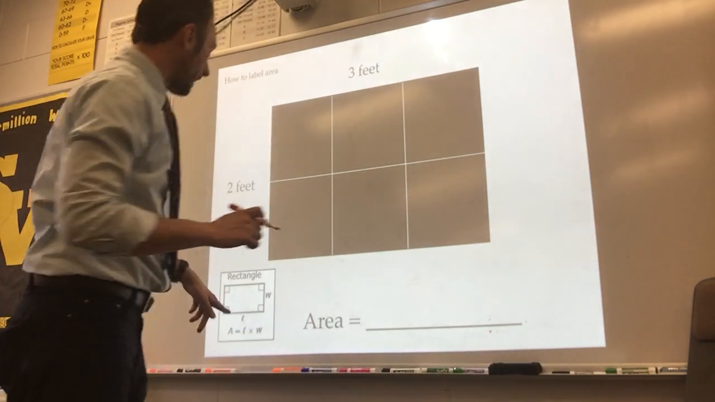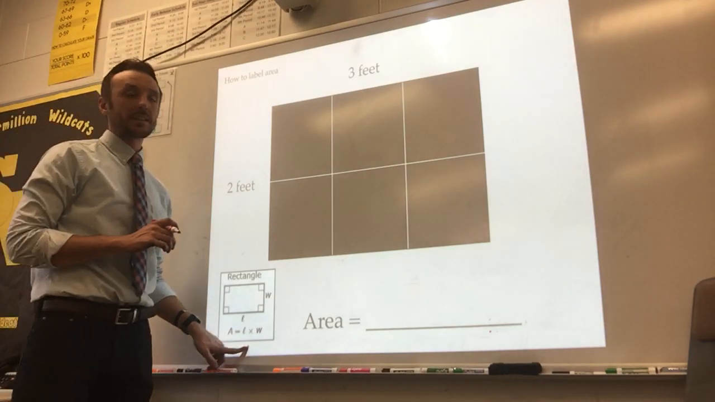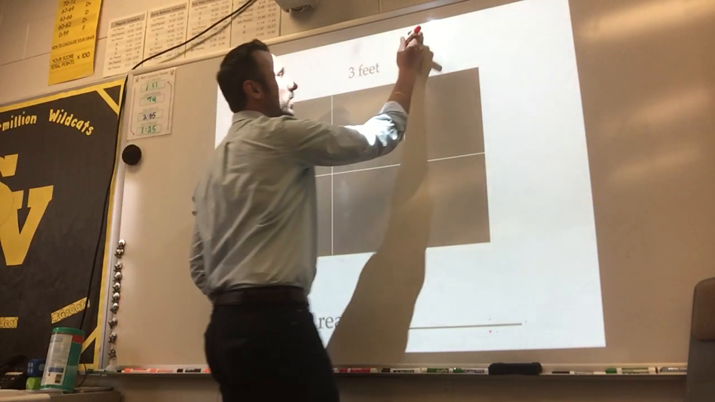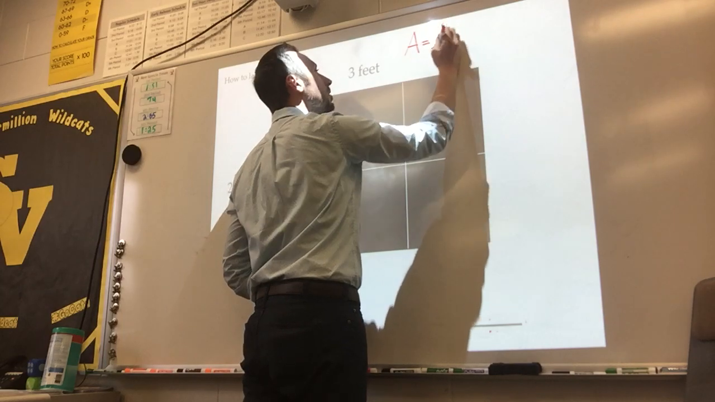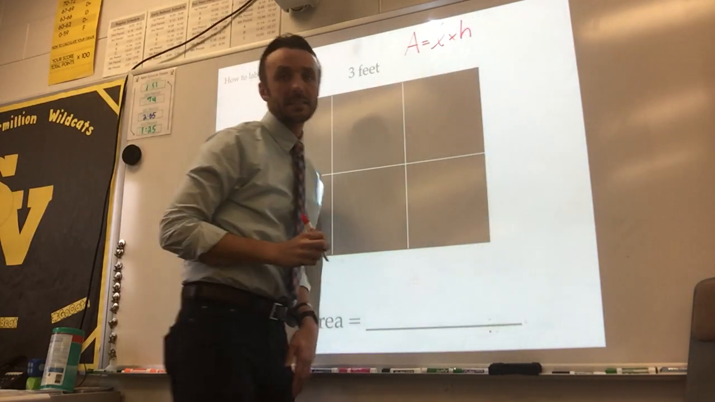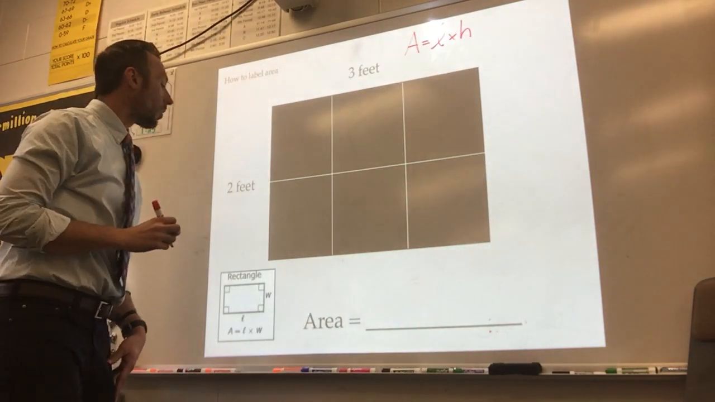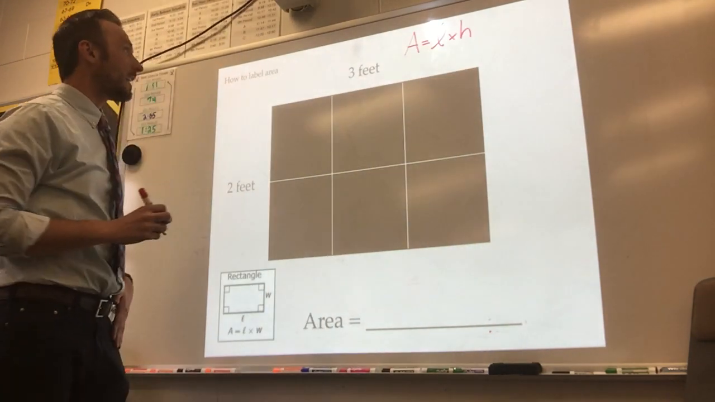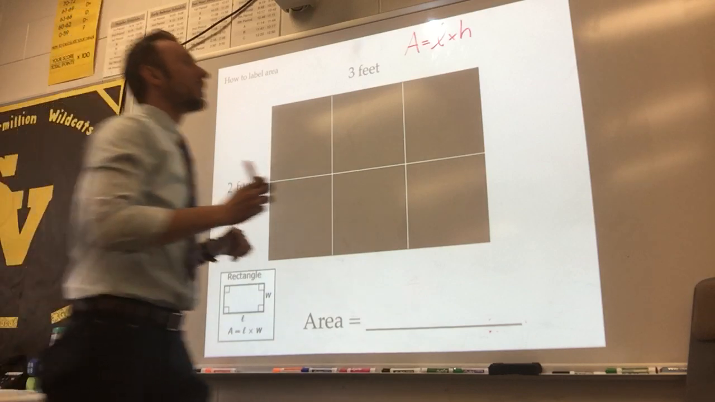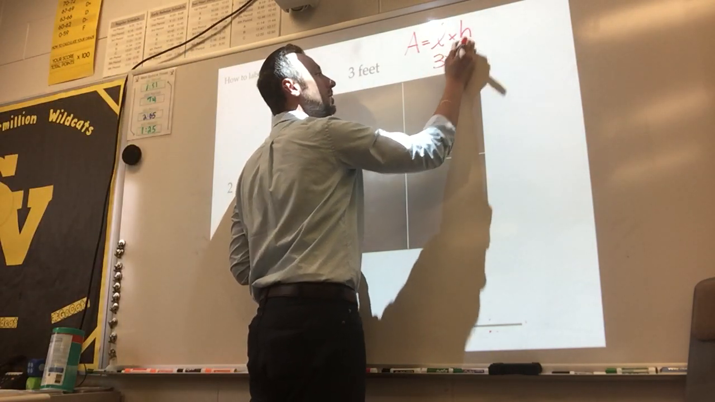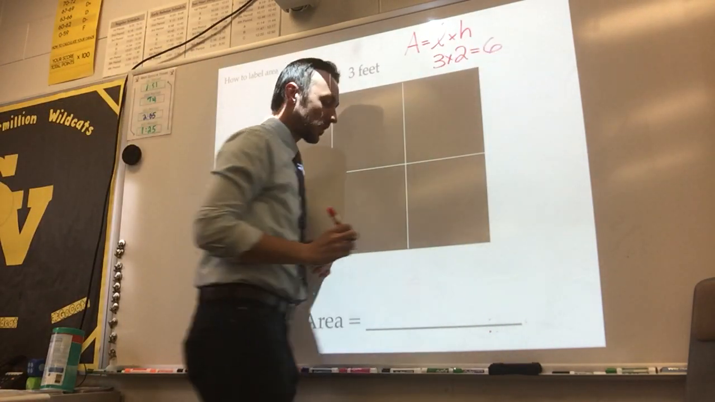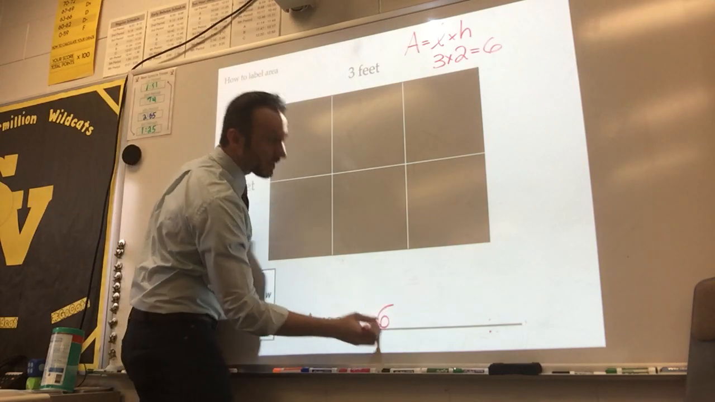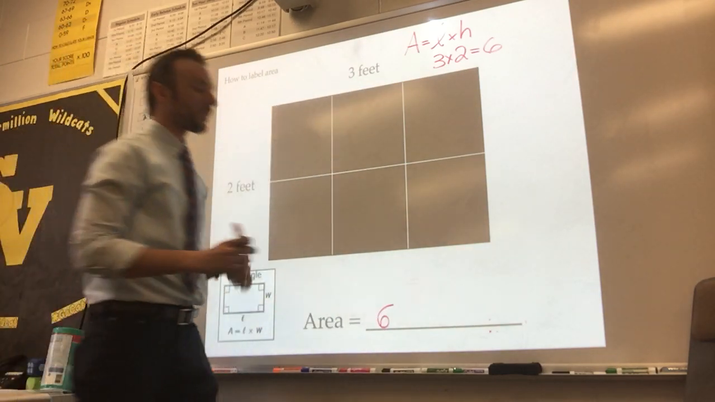And we find the area by using this formula down here, which is length times width. Area equals length times width. You might hear me say base times height. It means the exact same thing. So how long is this? 3. What is the height of it? 2. So what's 3 times 2? Well, that's 6, and that's my answer. It is 6. Our units are feet,